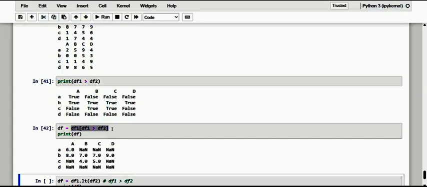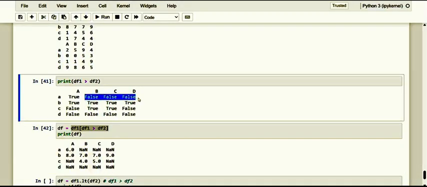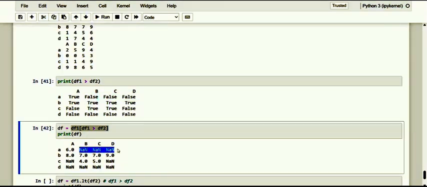If it is not, we get NaN to be present. So kindly observe the above: wherever the condition is not met, we get NaN, wherever it is applicable.